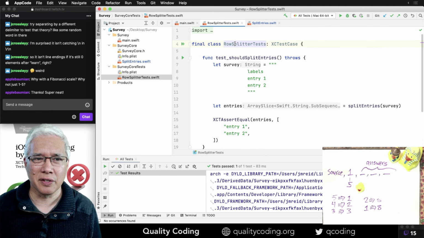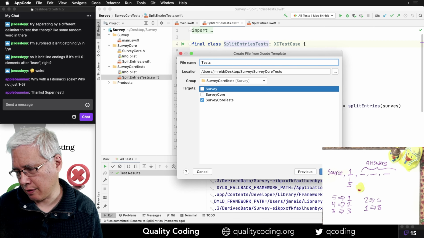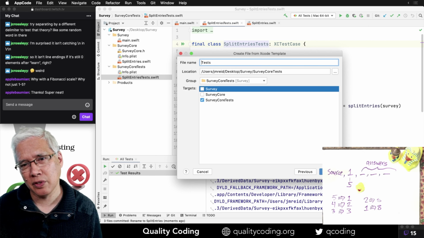Let me get the target right, and this is going to be, are these entries? Weighted entries, weighted answers, weighted answer tests. We'll start with that.